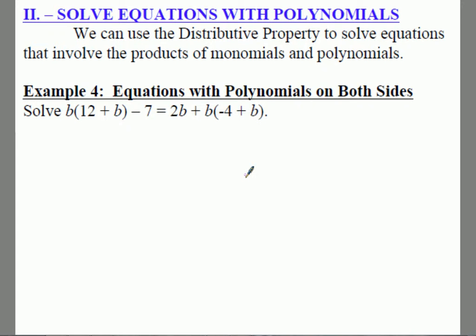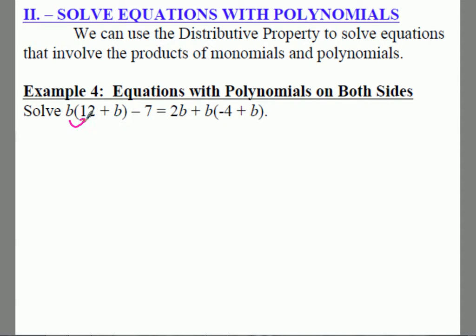All right, now what we can do is we're going to actually solve some equations with polynomials. We're going to have to use the distributive property to simplify, and then we are going to solve for your equation. You know you have an equation when you have the equal sign. So when you have an equal sign, your final answer is going to have to be like b equals a half, b equals -3, b equals 0. You're going to have an equal sign, you're going to have an actual answer, you're not going to have just an expression. So let's go through and multiply or distribute